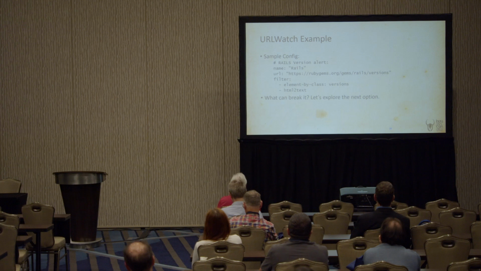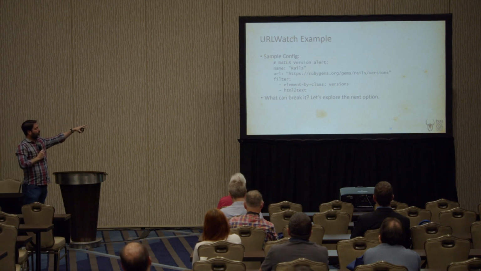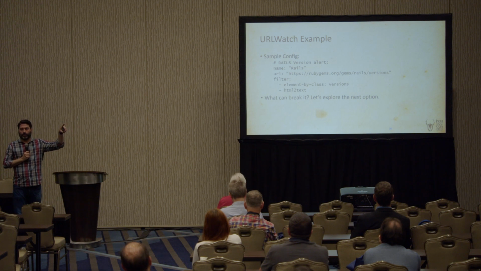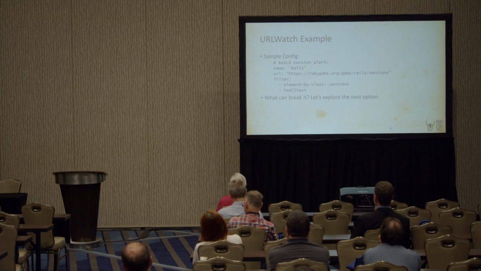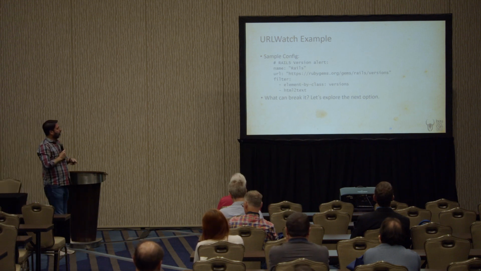So, first, let me show you the config. Again, I told you I run a Rails application, and yeah, you can judge me all you want for it. It's fine. But this is the code that will grab you changes to the Rails gem. When there's a new version that's posted, I get an email. It says, hey, we removed this version, and we added this version. I also use it on one of my local watering holes. They change their menu every month, so I pull that too, and they always get mad, like, how did you know the menu was changed? Like, I don't know.